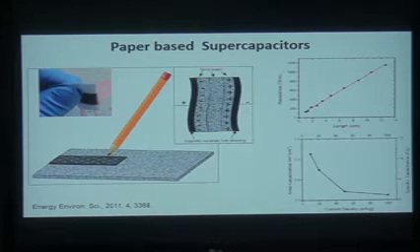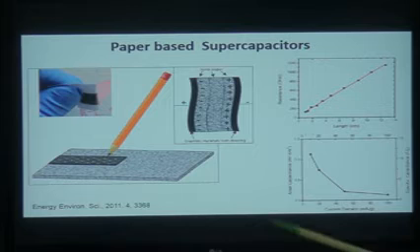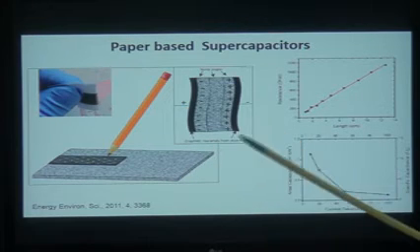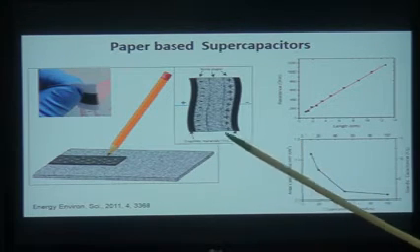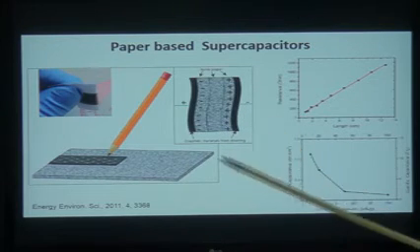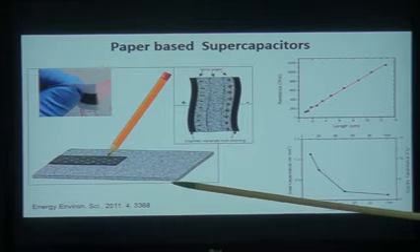So this is another example where a device can be made in a very simple way. This is made on paper. You have your pencil lead, that itself is nothing but graphite, right? When you write with a pencil, you are writing it with graphene. You are creating graphene just by writing using your pencil lead. So there are reports where people have used pencil-written graphene to make a supercapacitor.